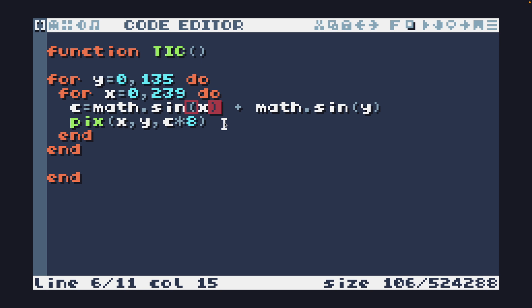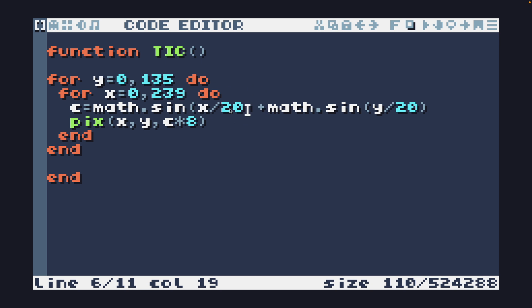So this is a bit compact, so I'm going to spread it out so that X is going to change at a slower rate and Y is going to change at a slower rate, and that should give us a bigger plasma effect. So that is the effect that we're going for here, and you can see that we've used those sine values